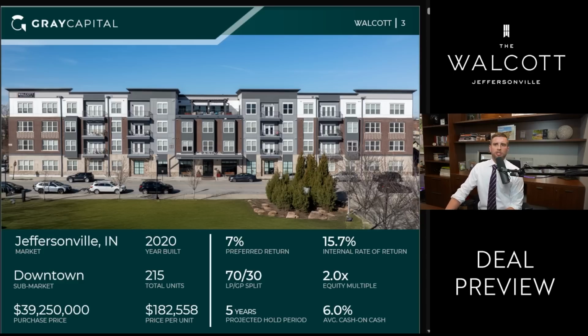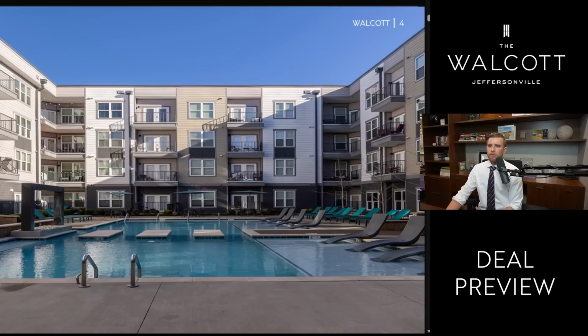And I want to share some of the highlights and some pictures of just how beautiful a property this is, and then I'll get into all the details, the numbers, and the returns, which all look great. Again, just a really beautiful resort style pool. We found that